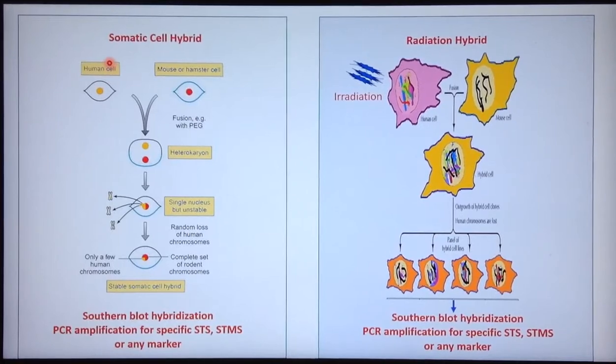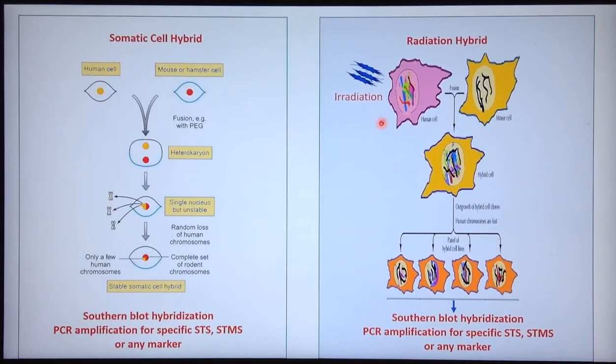So these are radiation hybrids, as we discussed. It can be low dose or high dose of X-ray, and then we come up with a panel of radiation hybrids. Each hybrid in the panel will have different DNA representation from humans. Some will have some representation of human chromosome, some other radiation hybrid will have some other representation of human chromosome, and so on. So these all will have different fragments of human chromosome in them.